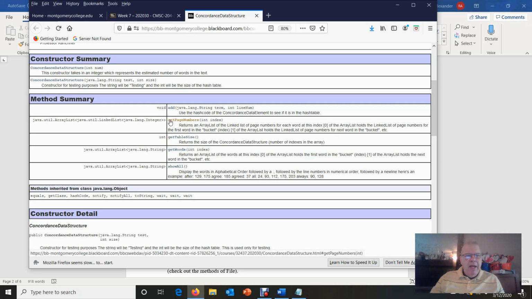Now the second method, get page numbers, the naming of the method is a little bit off because it should be get line numbers. But of course, in a normal concordance, you list the page numbers that a word appears on, not the line numbers. Now, since we're reading from a text file and we're going to read line after line after line, and we don't have any real delimiter of pages, we're going to replace that page with line, but you still have to